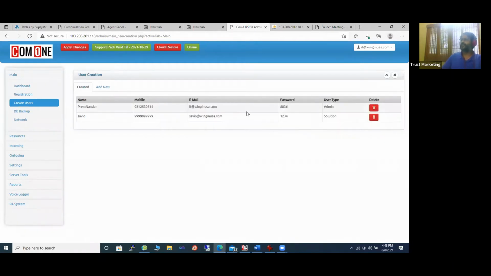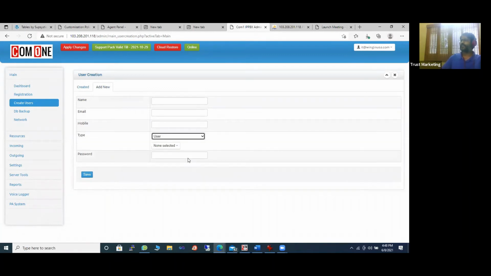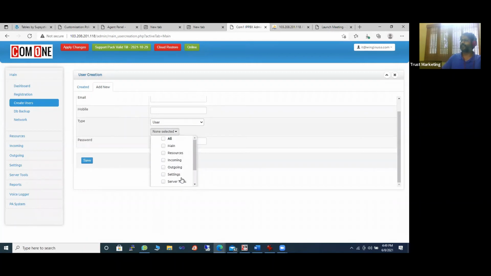And this is about creating users, and who can access which area. So here are the name, email, mobile number. If it is admin, by default you get to access all the menus. If it is user, then you will be able to select the menus he can access. So these are the set of menus put over here.